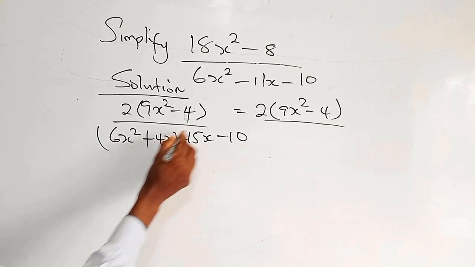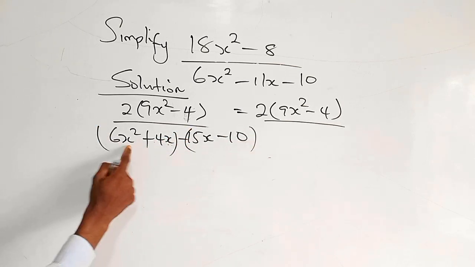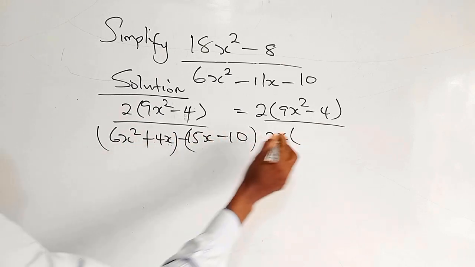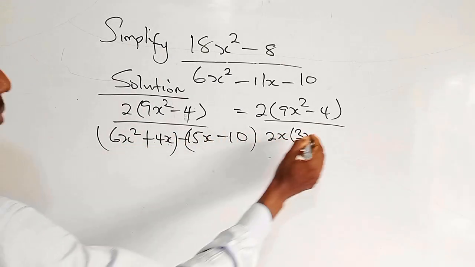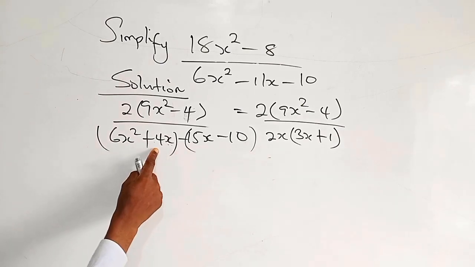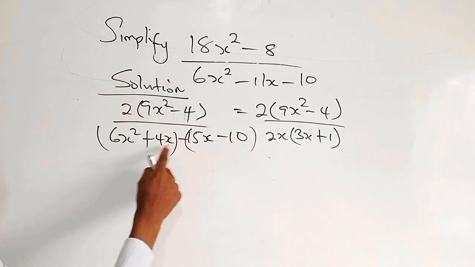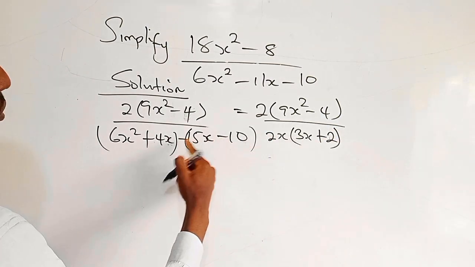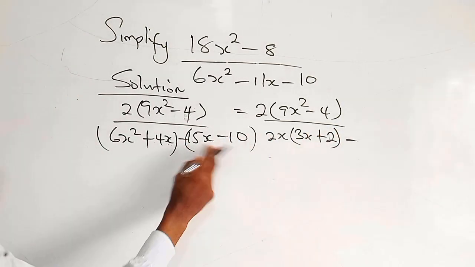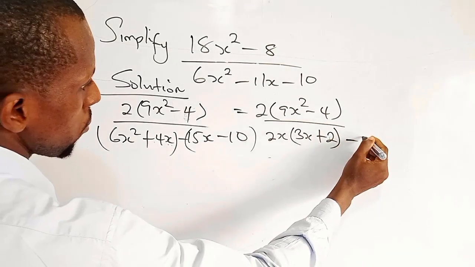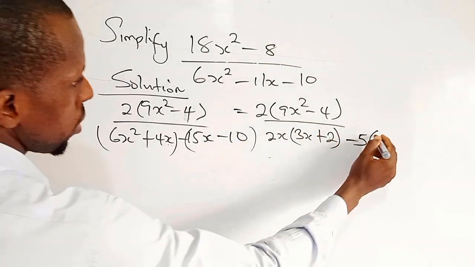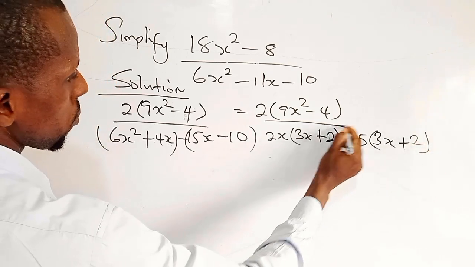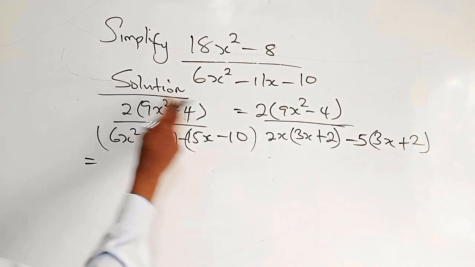when I use this, I have 2x to be common, so I have 2x into 3x plus 1, which is this. Then minus, what I have in common here is 5, so 5 into 3x plus 2, for this. So when I simplify further, I have here